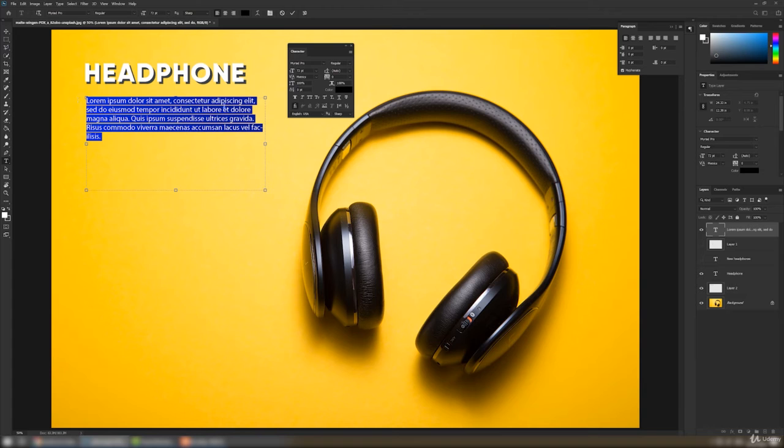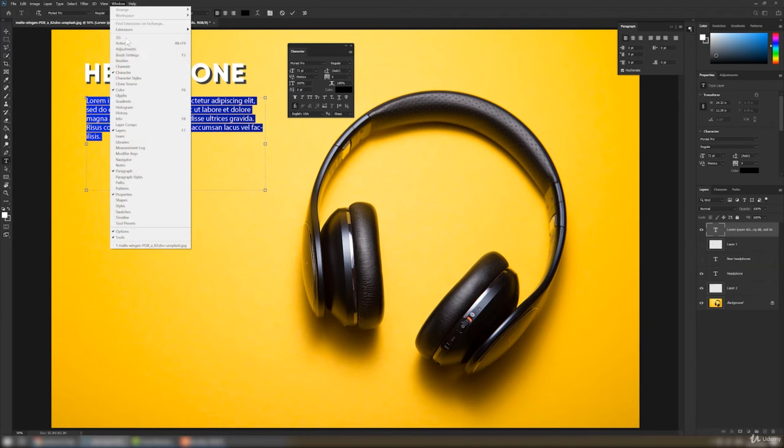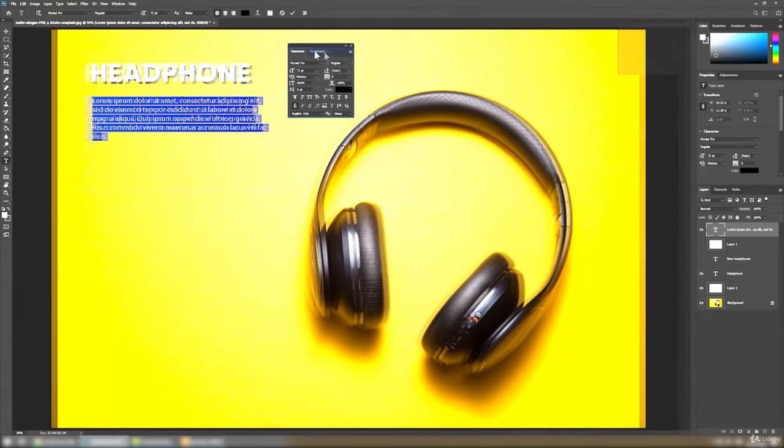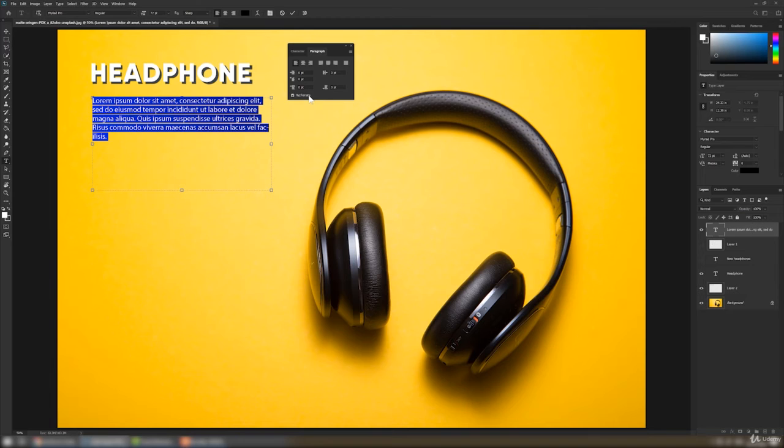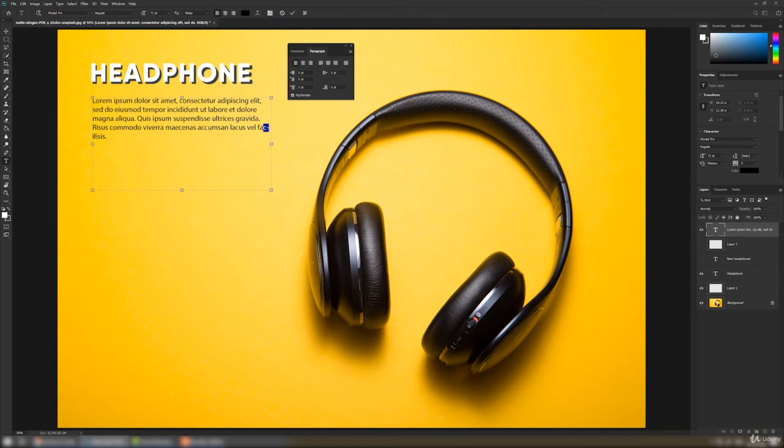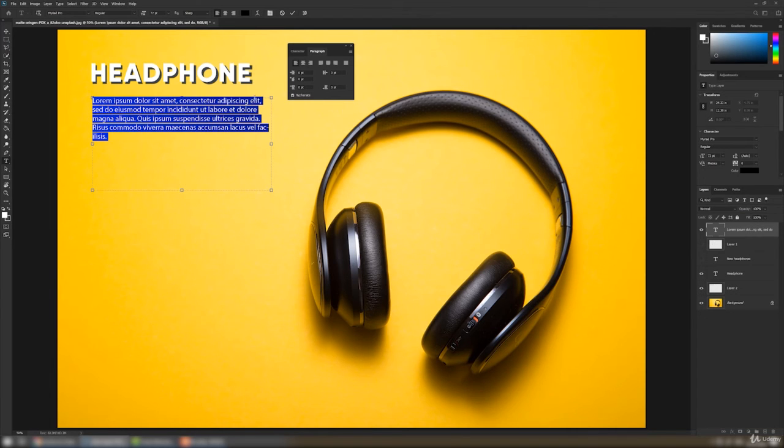And if you want to align this paragraph, you will have to go to the paragraph palette. So here we have the paragraph palette that comes with the character palette. You can see hyphenation here. To turn off the hyphenation, you can always turn off this button. We can always left align, center align, right align from this palette.